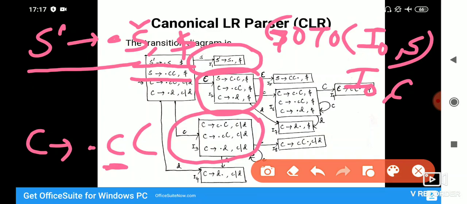And similarly, the last item was C to dot D, so we get this particular movement as I4, C to D dot comma c by d. So this we have already computed. Now we have to compute further from I1, I2, I3 and I4.